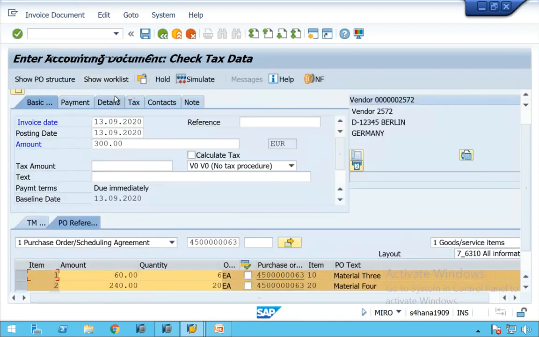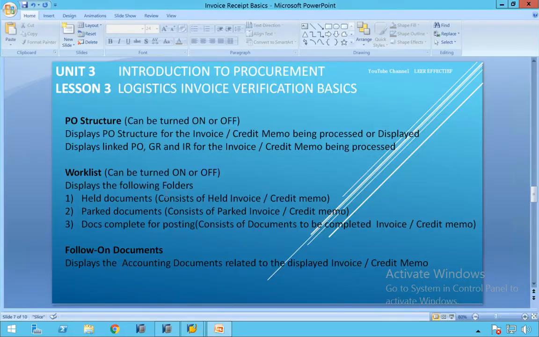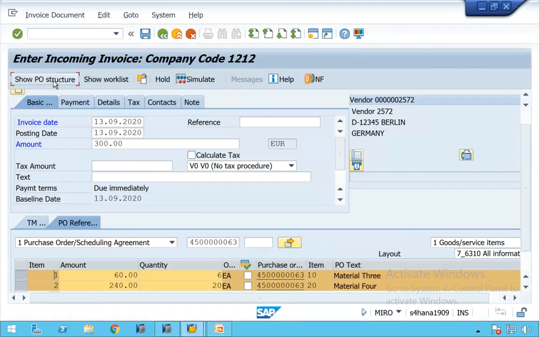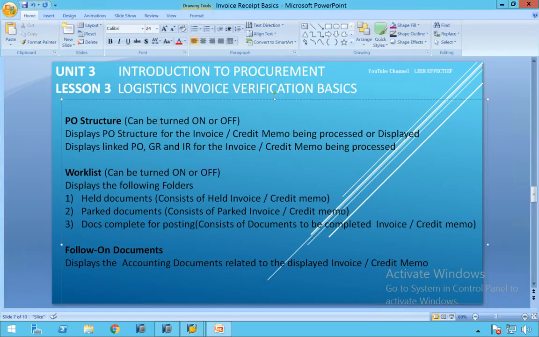The work list can be hidden, and we can show the work list. It can be turned on, show or hide. So I have written PO structure is show, hide. I'll write simply show or hide.